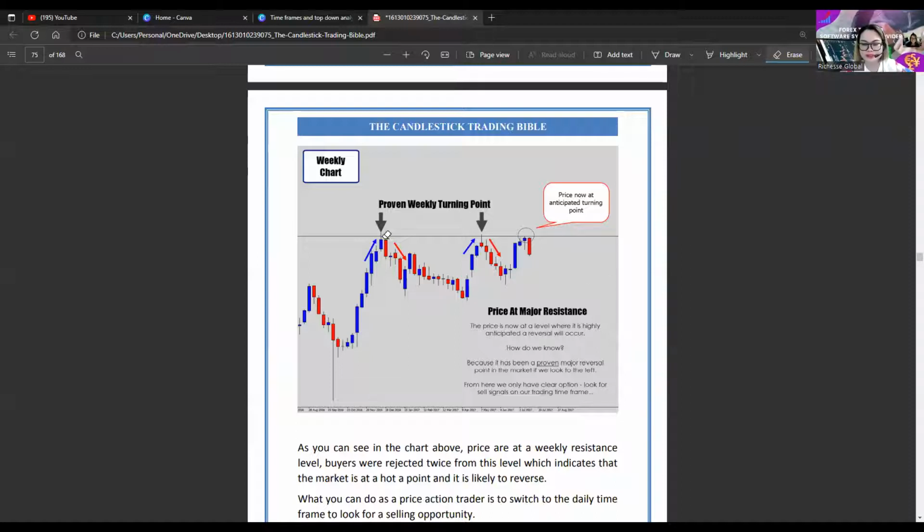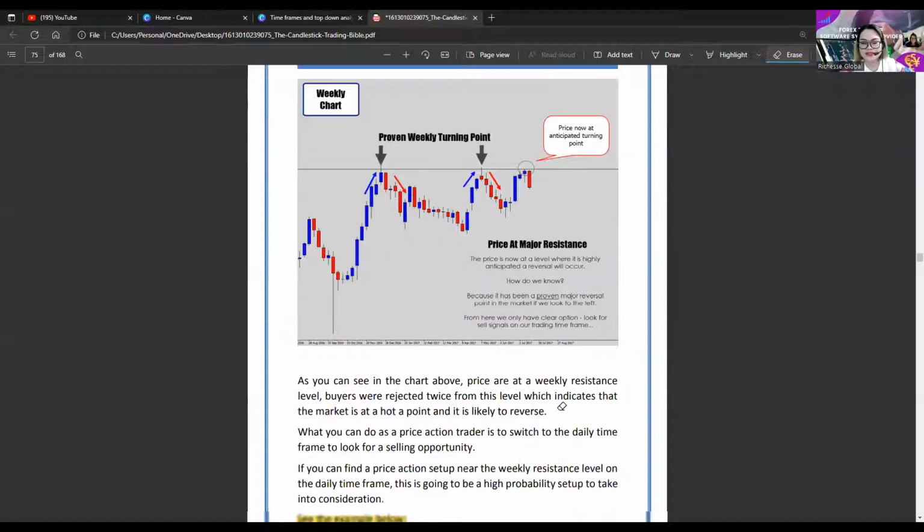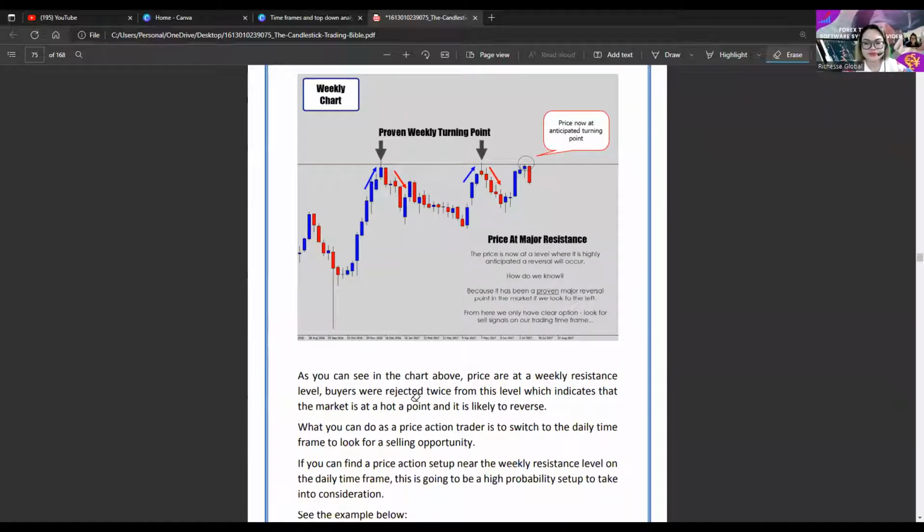Yan, may dalawang turning point na po na nangyari dito sa resistant area. From where we only have clear options. Look at the sell signals on our trading time frame. As you can see in the chart above, price has a weekly resistant level. Buyers were rejected twice from this level, which indicates that the market is at a turning point and it is likely